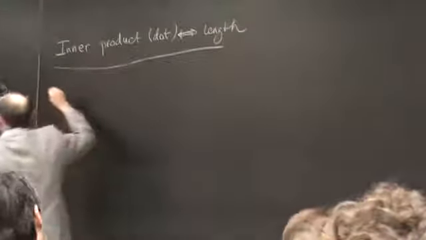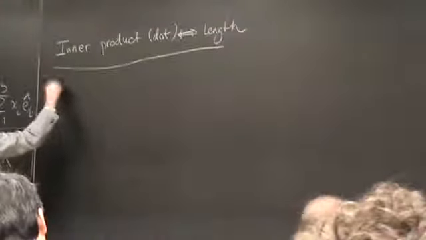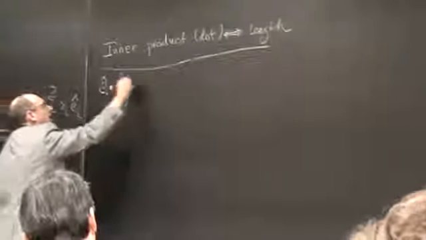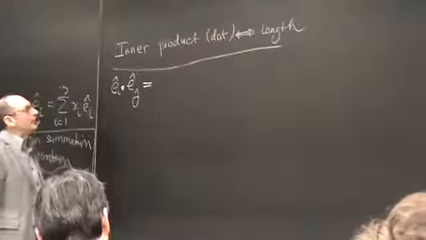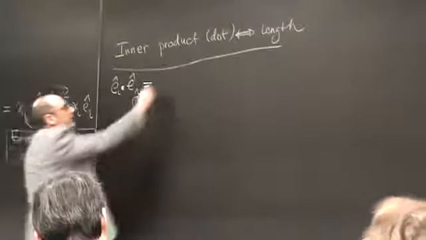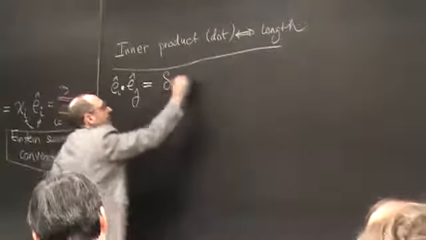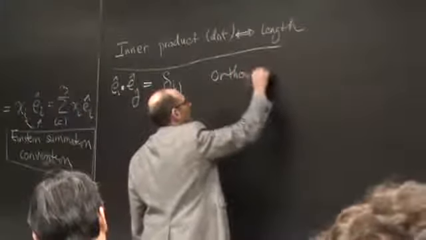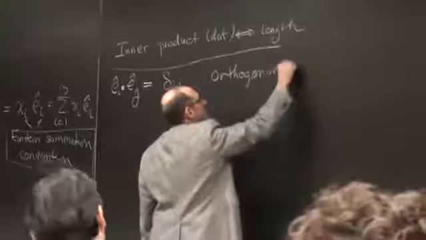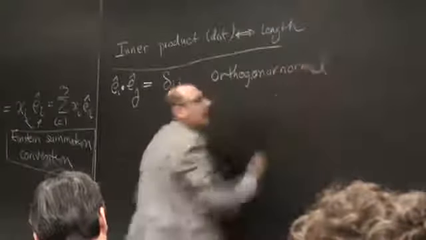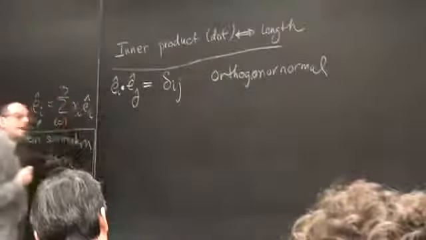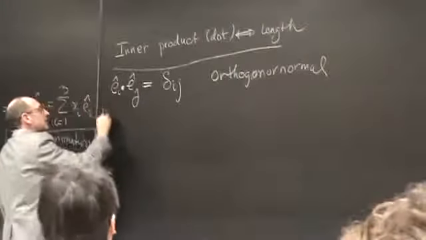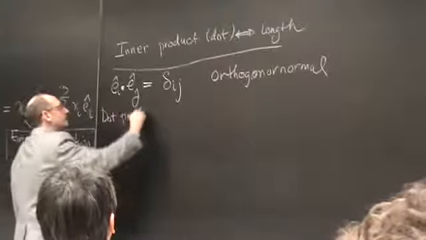So the dot product can be defined, in one way of defining it, by what happens when I look at the dot product between two basis vectors that I define to be orthogonal, in fact, orthonormal. So given the definition on the basis vectors and the fact that the dot product is linear,